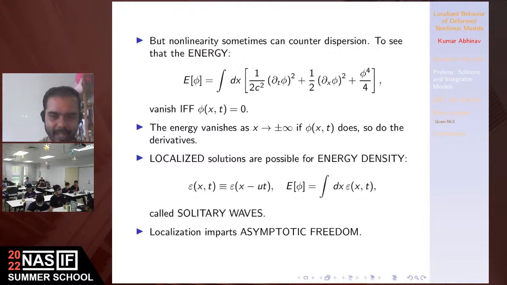So that's why this energy, or rather the energy density, whatever is inside the integral, the integrand, has a localized behavior. And if it is possible to write down the space-time dependence of the energy density, this epsilon, as x minus ut, where u is some constant parameter, it may not be the velocity in that sense, but it might have those dimensions. So if you can write the energy density like that, as a function of x minus ut, not depending on x and t separately,